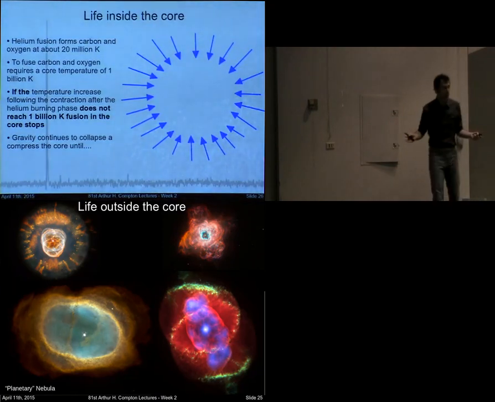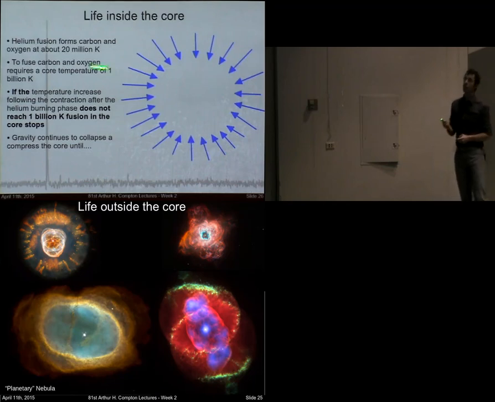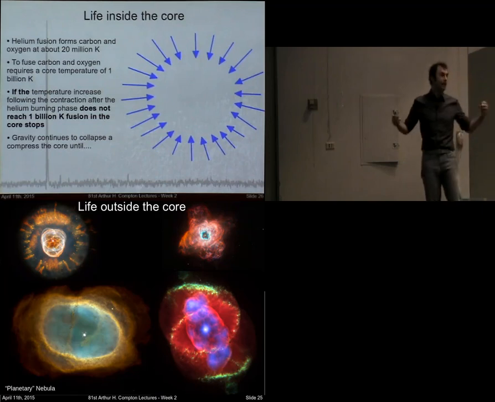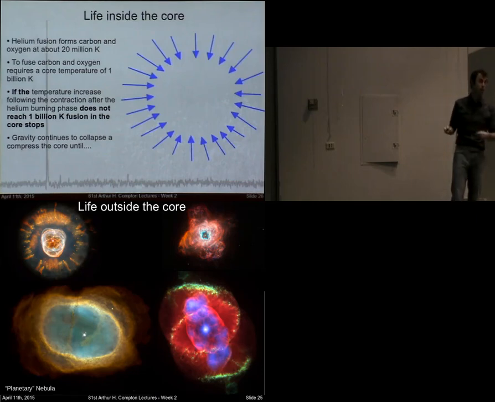So we've blown off the outer layers. We had a carbon core. We had helium and hydrogen burning in thin shells around the core. So the helium fusion reaction, in order to turn helium into carbon, you need temperatures up in the center of about 20 million Kelvin. If you want to combine the carbon and oxygen into heavier elements, if you want to get fusion of carbon, you need temperatures of about